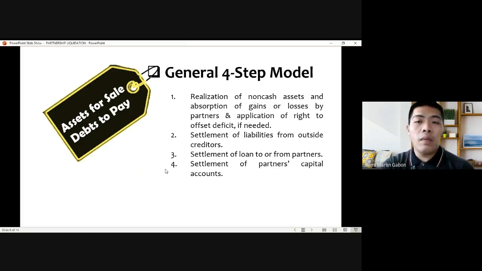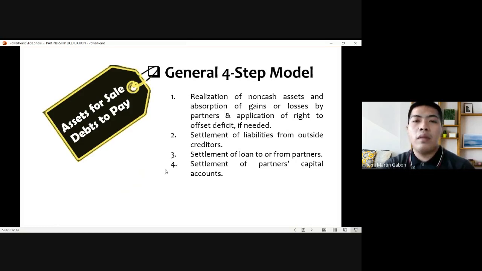Next is settlement of liabilities after realization of assets, specifically the non-cash assets. Realization of non-cash assets is to realize those non-cash assets through selling them for proceeds. Okay. Then after realization of those assets, we have to settle the liabilities from outside creditors. So of all the creditors, the hierarchy of